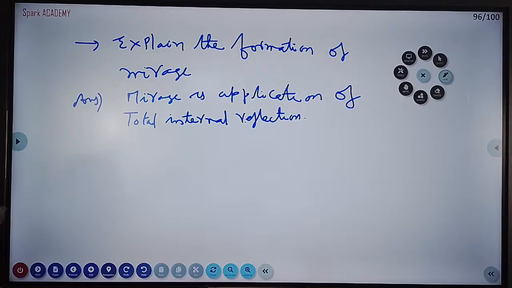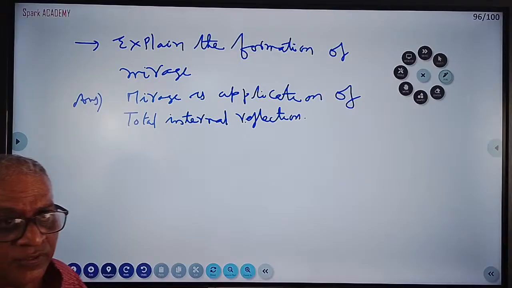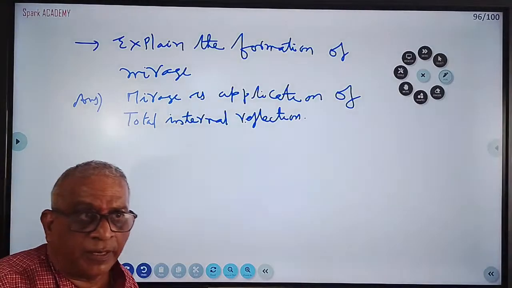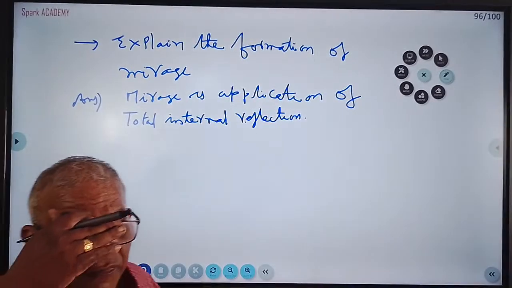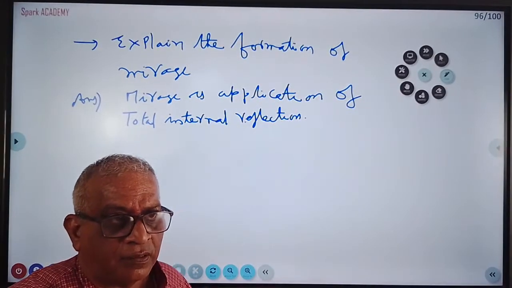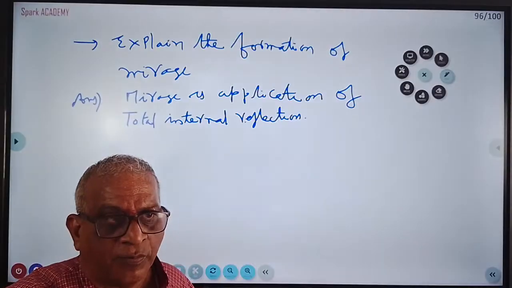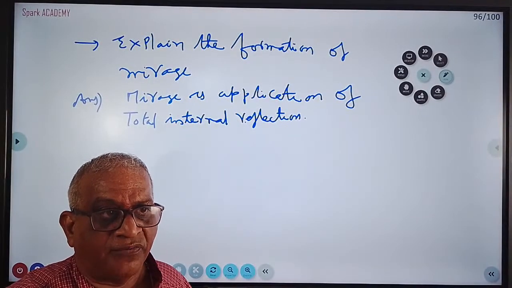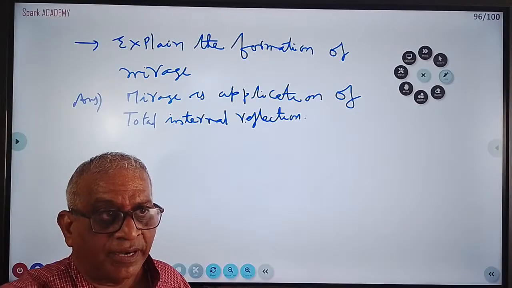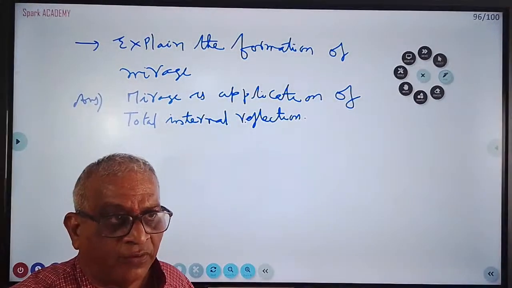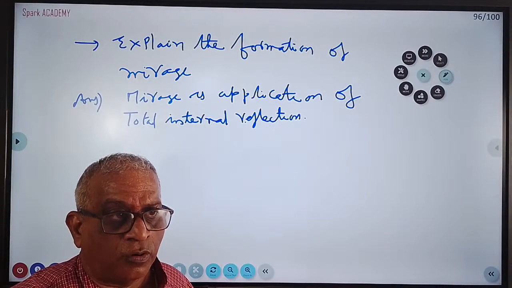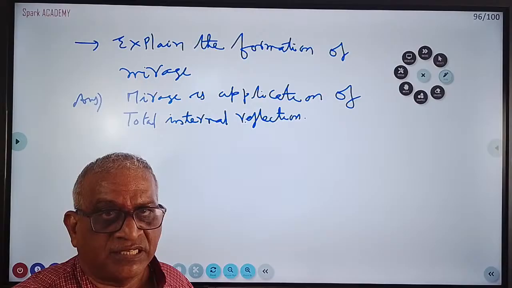So where will you observe this generally? In deserts. In deserts you will observe it on hot days. So you give this general example. In deserts, sand gets heated first, because in summer deserts have temperatures of 46, 47. So the sand gets heated, the air near the sand gets heated up and rises. But the above layers are cold layers only. Cold air refractive index is more and hot air refractive index is less.